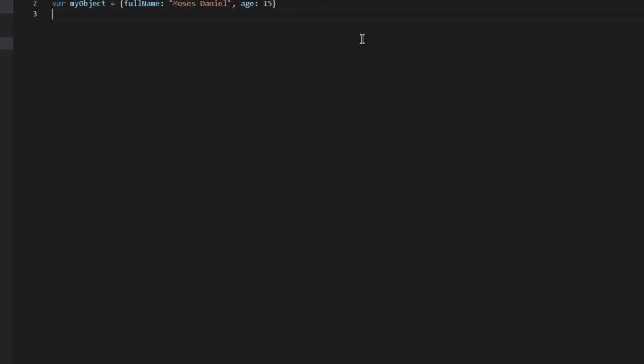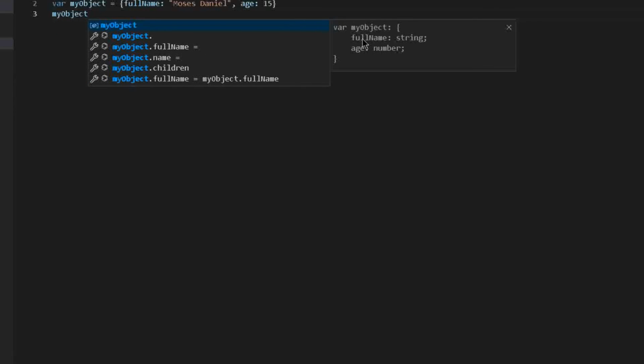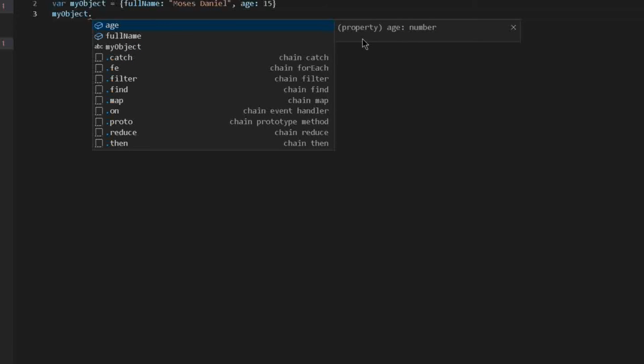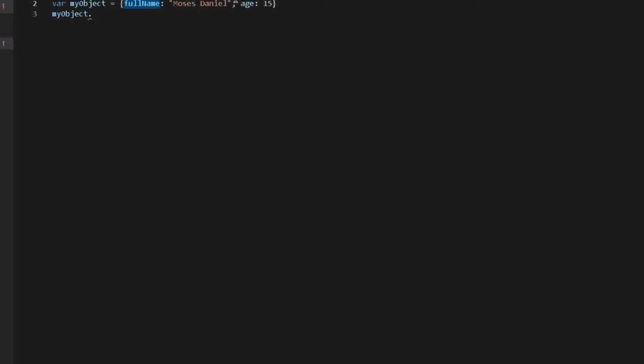First write the object name, and then write a dot, and then write the key name. So let's write this full name. You can also retrieve information just like in an array, which I will be teaching you later, but for now let's learn about this.